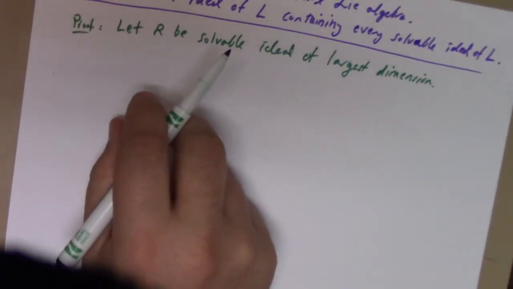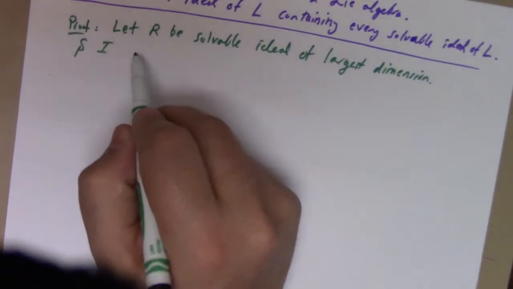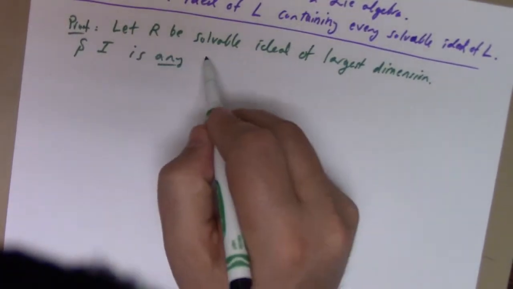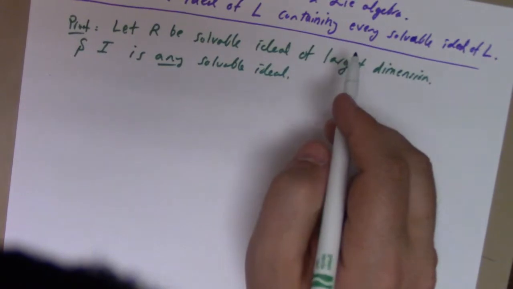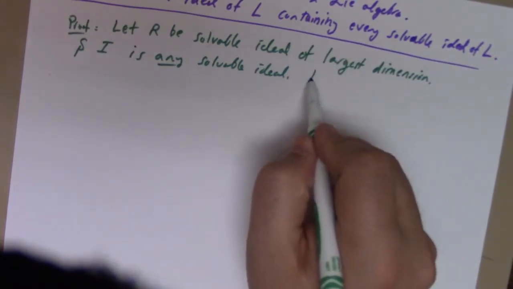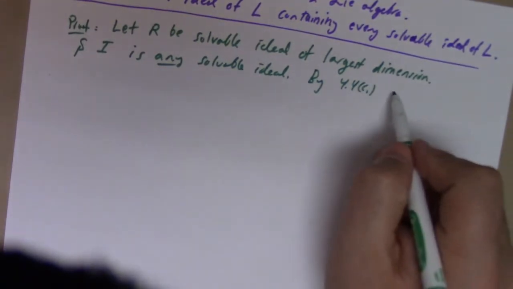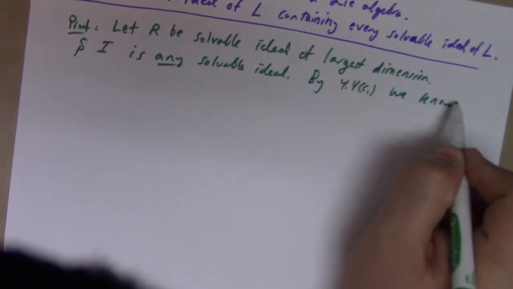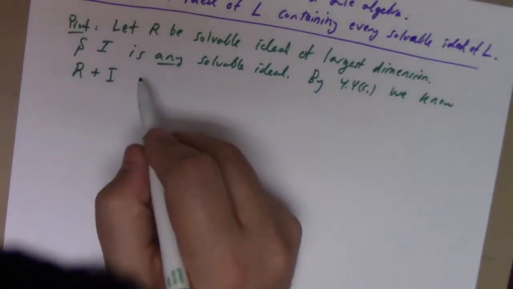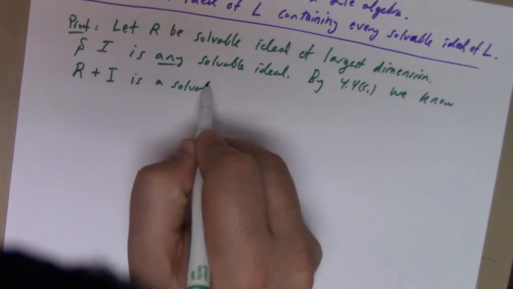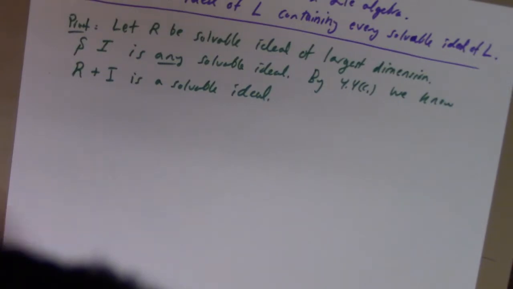Alright. Suppose I is any solvable ideal. Lemma 4.4c, what do we know? We know that R plus I is, hey, the sum of two solvable ideals, so it is a solvable ideal. Right? Now,